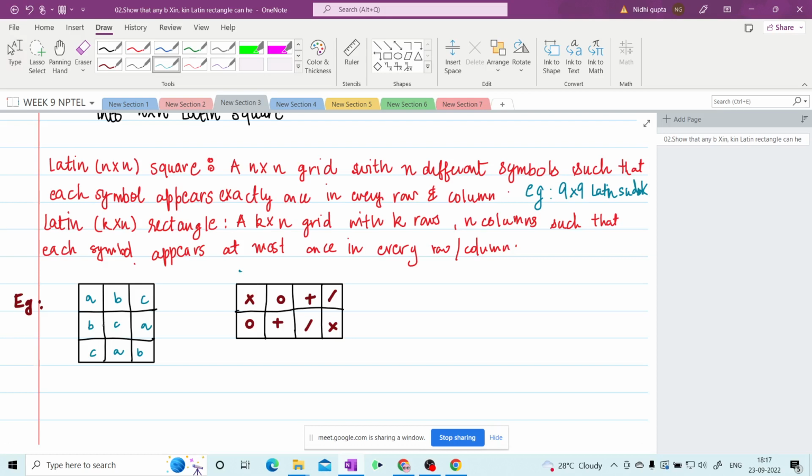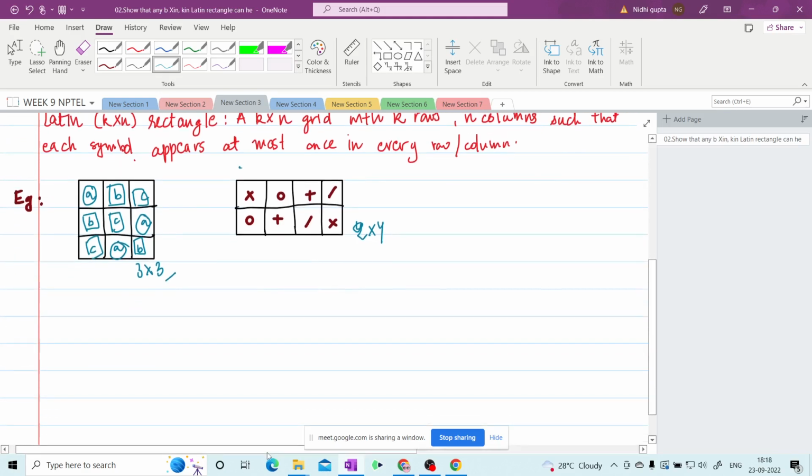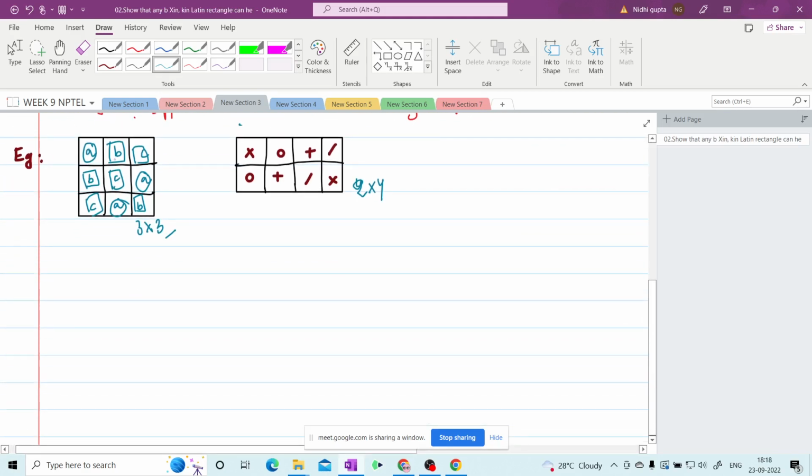A appears in different positions, B also appears in different positions, and C also. So this is a 3 cross 3 Latin square. And here also, if you have 4 symbols, this is a 2 cross 4 Latin rectangle. Suppose this is a Latin rectangle, and we have to show that this can be completed into a Latin square. So we'll prove this